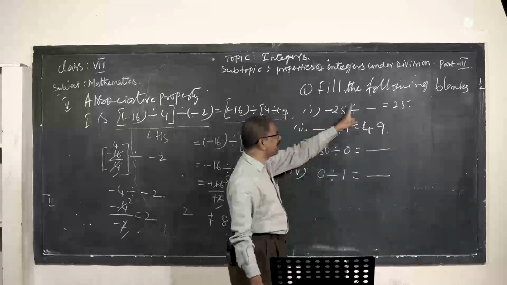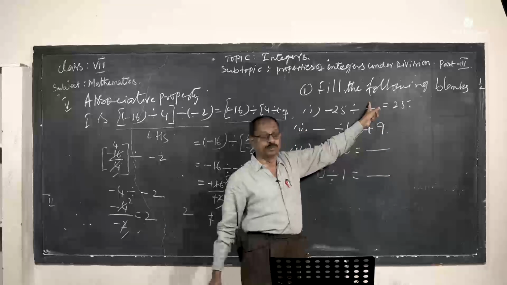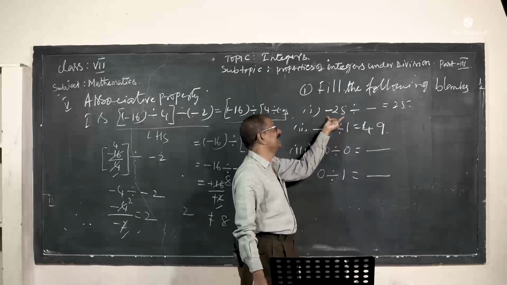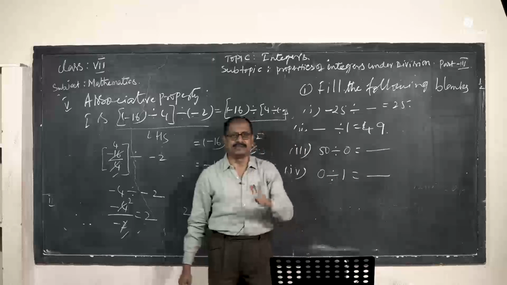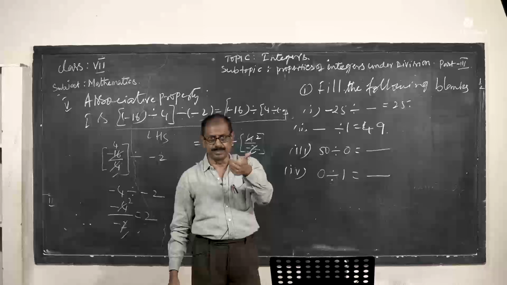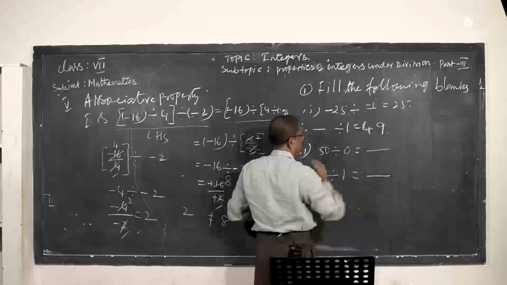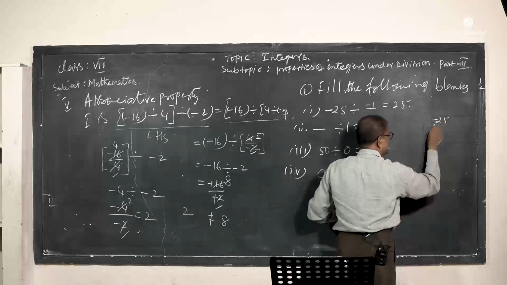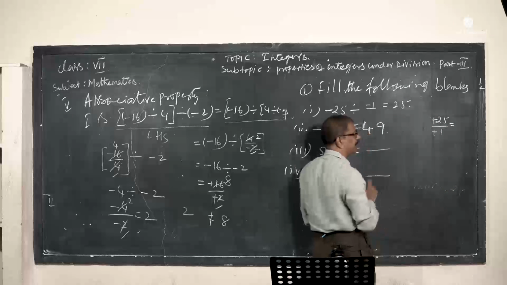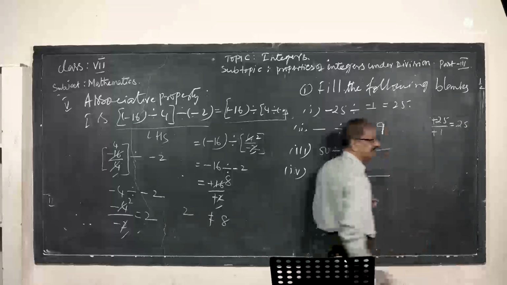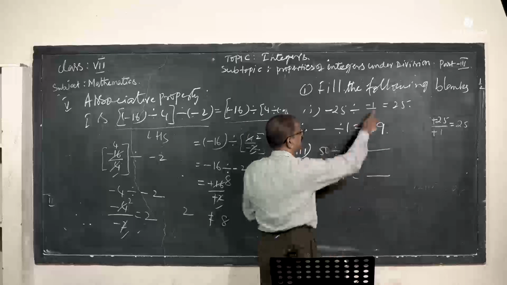Minus 25, if I divide with something, I should get plus 25. What is that number I have to put here? So very carefully, it is minus 25 divided by some number that gives plus 25. We know that any number, if you divide by 1, I'll get the same number. So for that, to get a positive sign, I'll put minus 1 here. So that is minus 25 divided by minus 1. Both minus signs cancel. If I divide 25 by 1, I'll get the same number. That is plus 25, so the number must be minus 1.